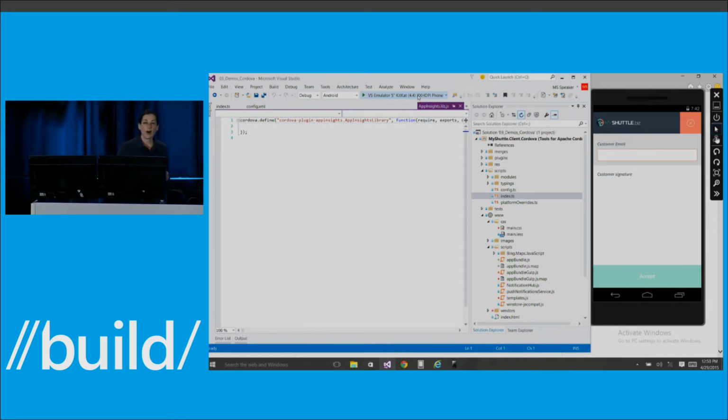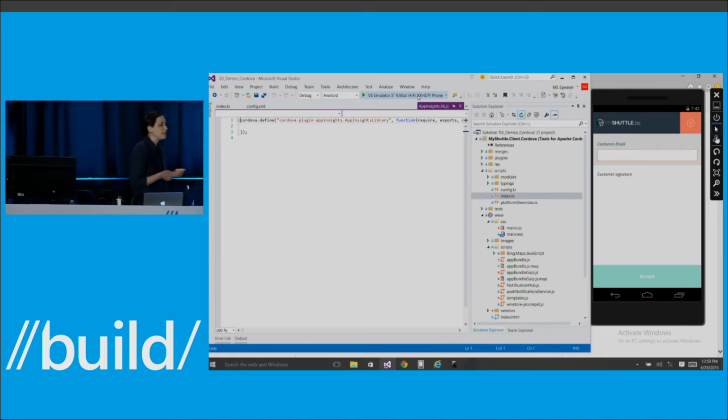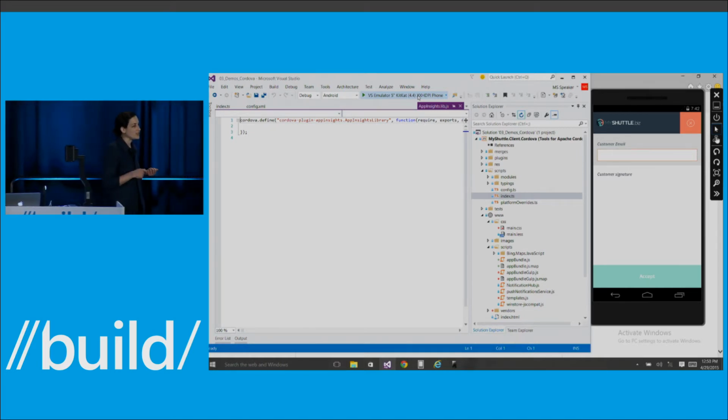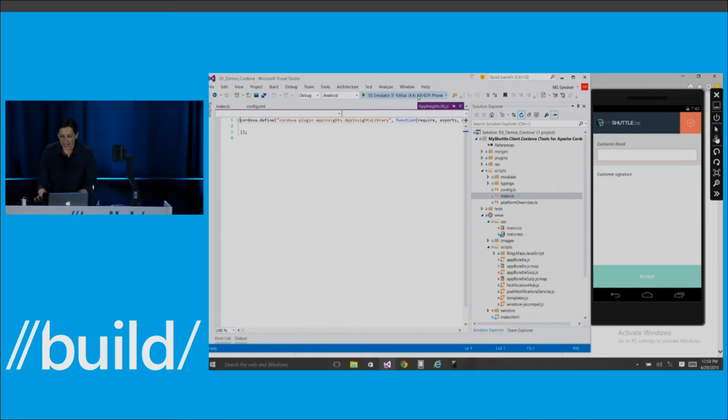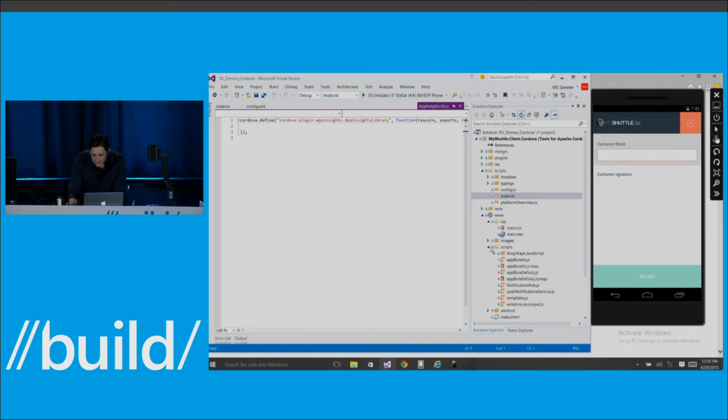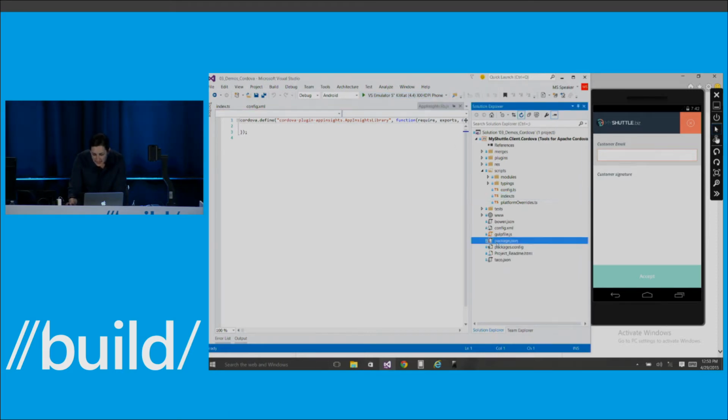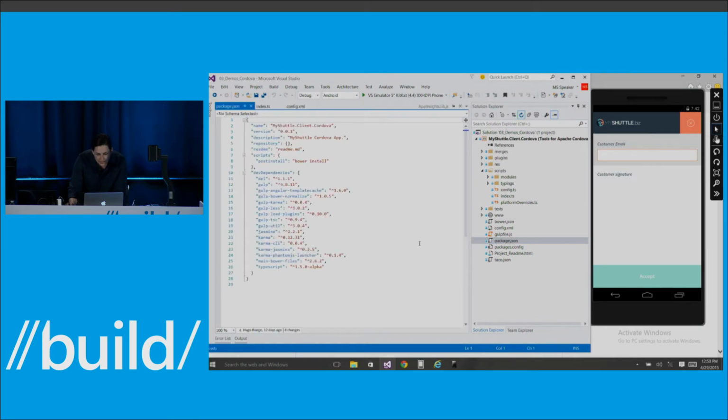One of the benefits of having a file-based workflow or a project system for Apache Cordova projects is that you can use all kinds of NPM or file-based tools against your Apache Cordova project. So if you use gulp or grunt, you can use that in this application. And in fact, we have a brand new JSON editor here. So I can bring up the JSON, and you can actually see here that I can, this is using the TypeScript alpha, but I get statement completion. I should get statement completion. For Angular, it looks like that is not coming up right now.